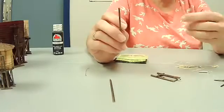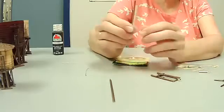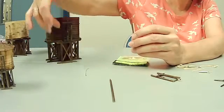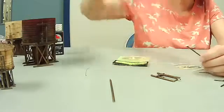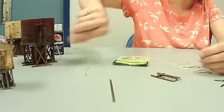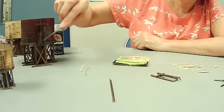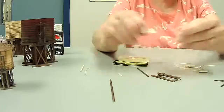The kit comes with this smaller one, but I like to just put a bigger one and then I can cut it to measure, because it's supposed to go from the bottom of the actual tank all the way to the top. And the ones that they provide really are not very big, especially if you're supposed to put the spool and sit there. So anyway, I just get a bigger piece of wood and carve it. Then these are the channels that you cover. You have to carve the little, let me see,